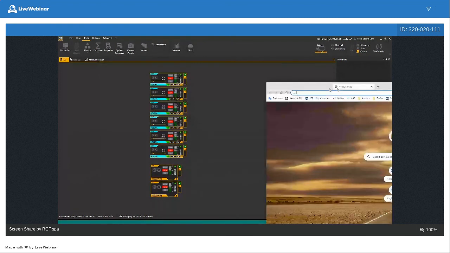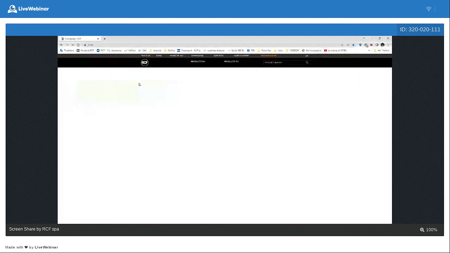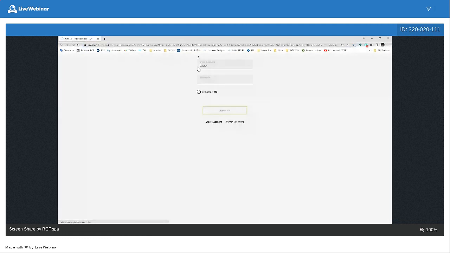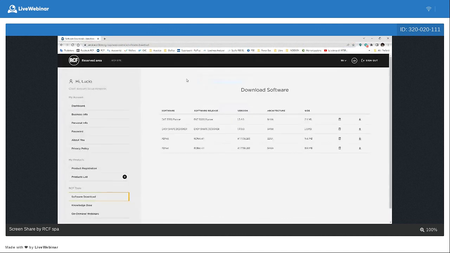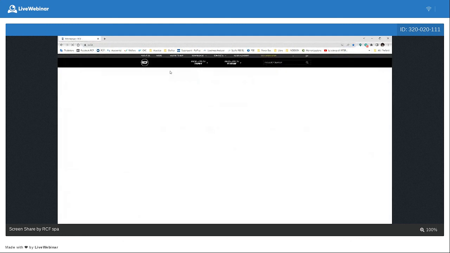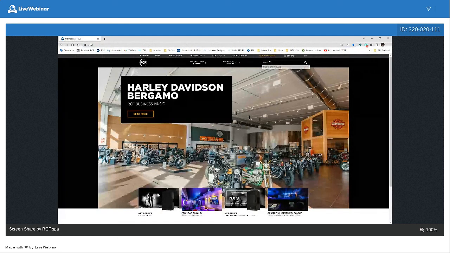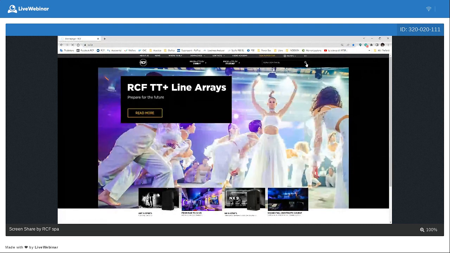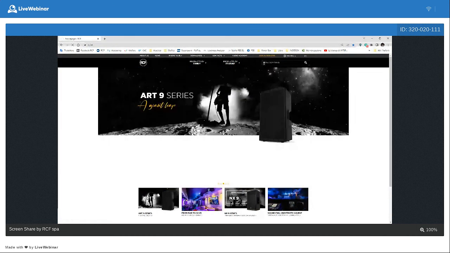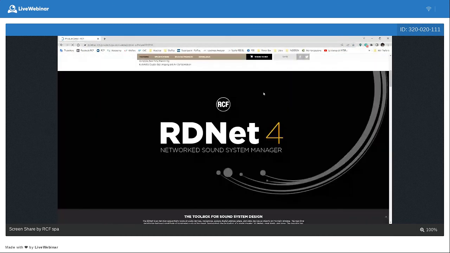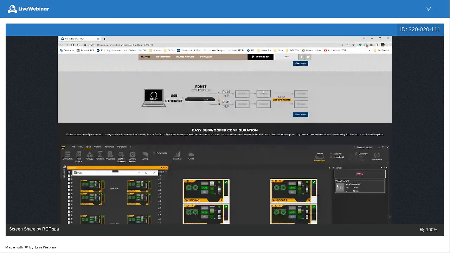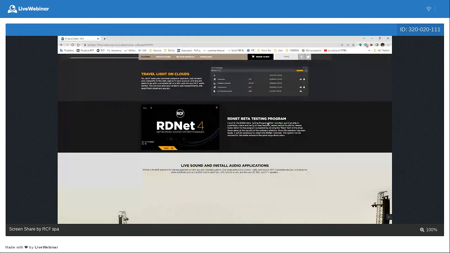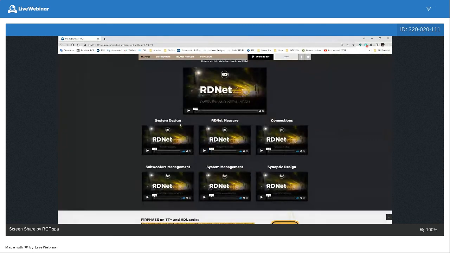If you want to go on the website, you can go in the RCF software section, where there is the RDNet, and if you search for RDNet software, at the bottom of the website there will be a lot of links about RDNet video tutorials, starting from scratch, system design, RDNet measure, connection, subwoofer management, system management, synoptic design,